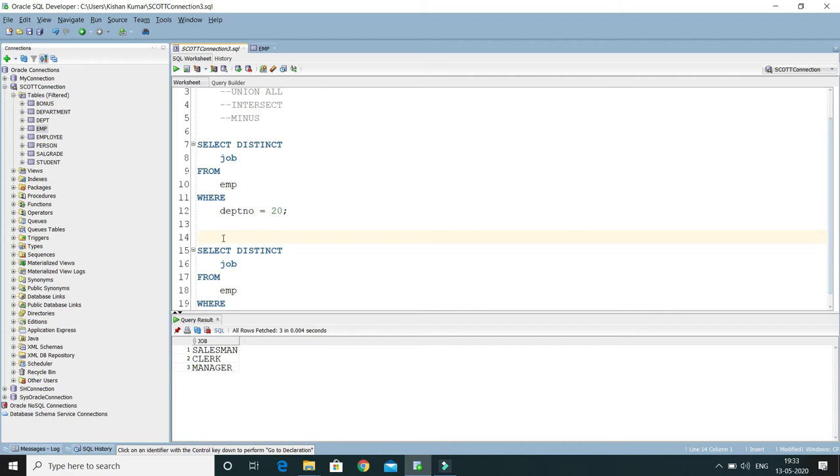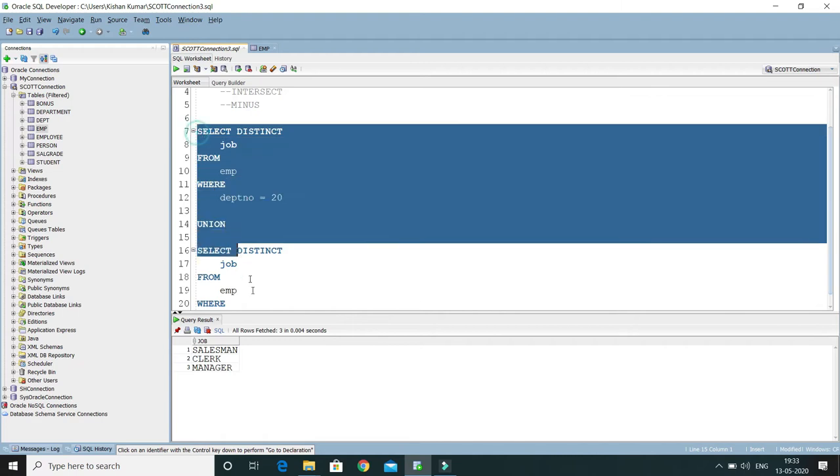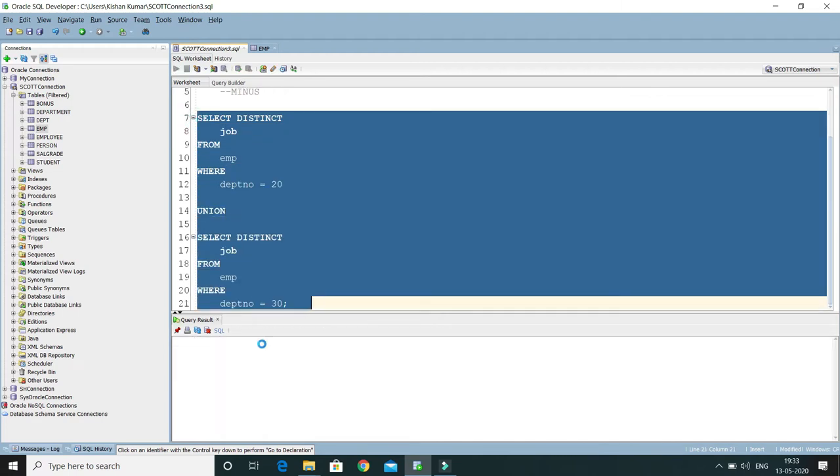You will have to write UNION. And in this case, when you write union, the final query should end with the semicolon. That you have to keep in mind. If I run this query, you'll see the output. Here you can see 4 results came out and all are different, all are distinct. So this is the perfect example of a union.